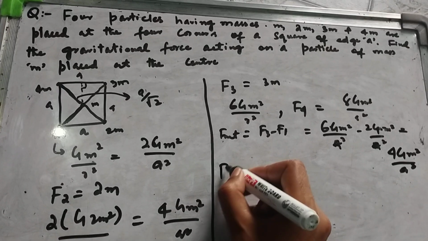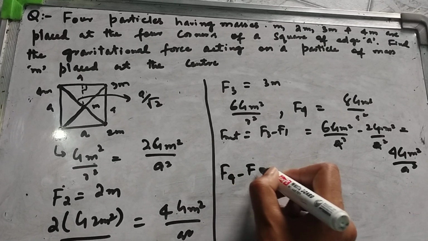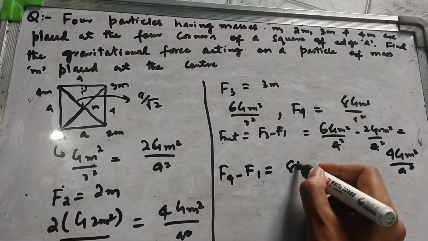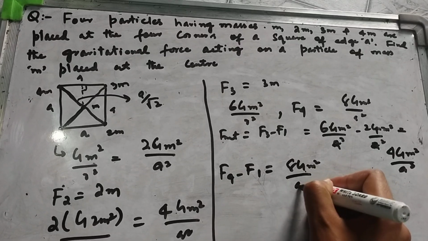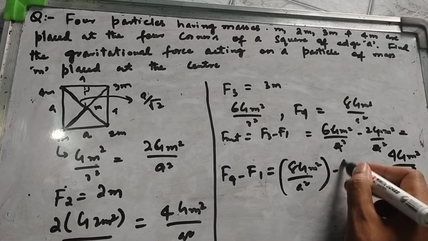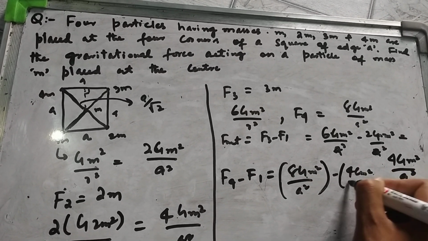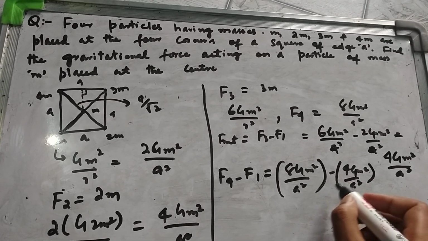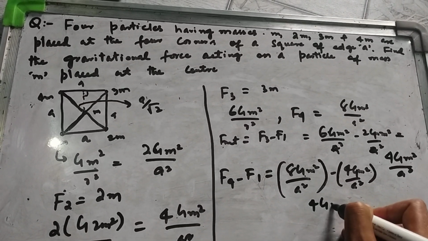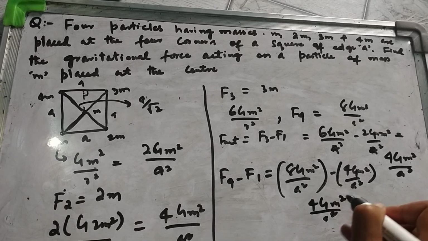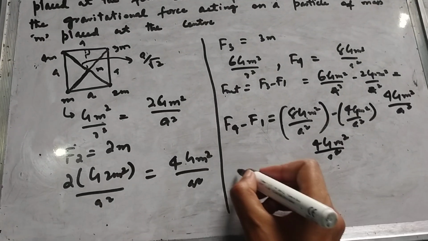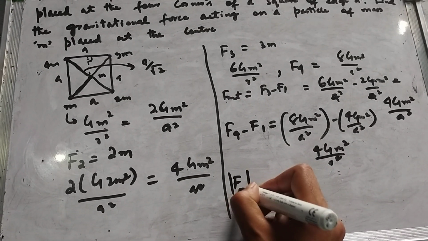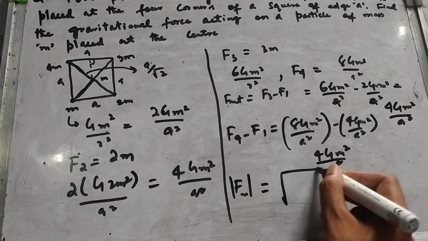So F4 minus F2, which is equal to 8GM square upon a square minus 4GM square upon a square, which is equal to 4GM square upon a square. So the magnitude of F net will be root of